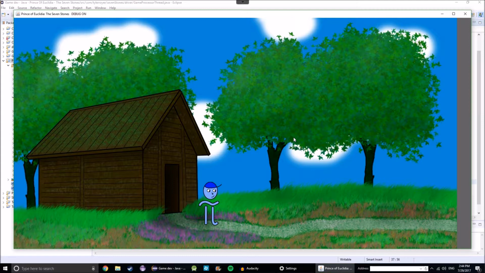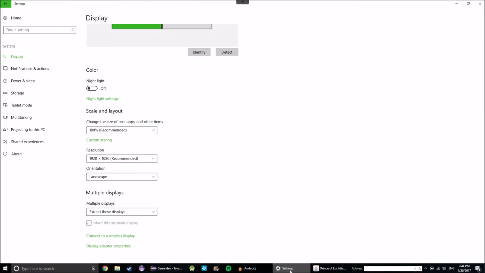So with the resolution that I was talking about earlier, my display is a 1080 resolution, which means that it is 1080 pixels in height and 1920 pixels in width. So if I were to drop the display of my